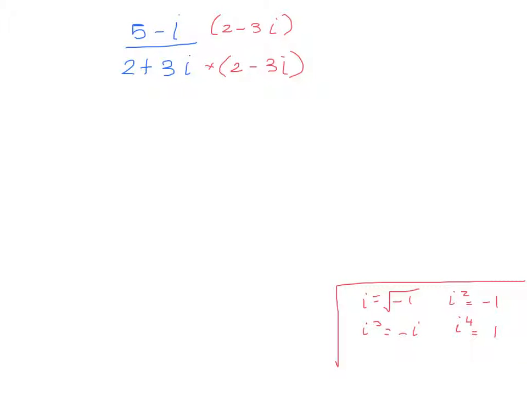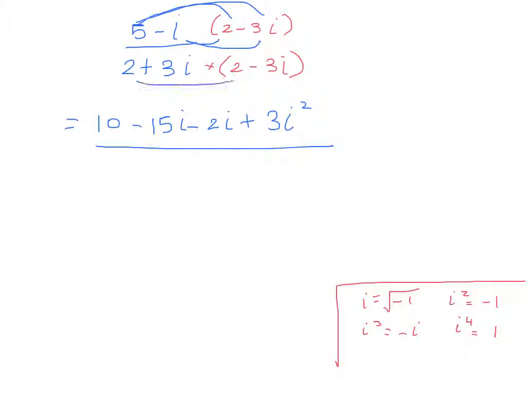So we get first, 10; outer, minus 15i; inner, minus 2i; last, plus 3i squared, all over, now we're doing the bottom, first 4; outer, minus 6i; inner, plus 6i, and the beautiful thing happens here, take note; and last